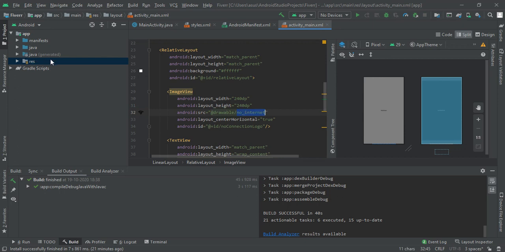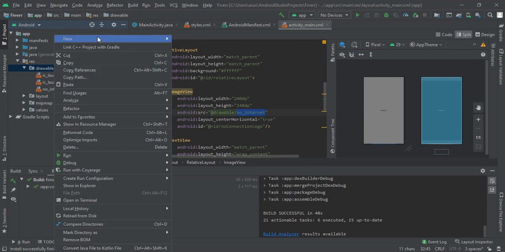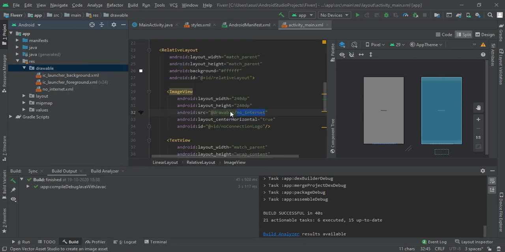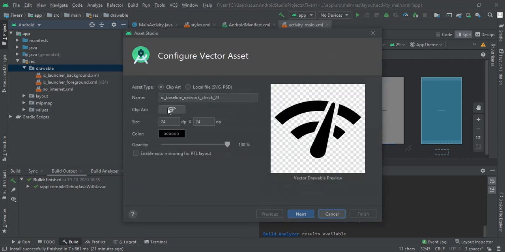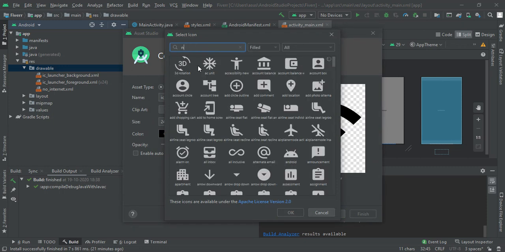And as you know, we can add new images by right clicking on the drawable folder. When we click on drawable, we get the new button, and here you have to search for vector assets. After that click on this small icon and search for network or simply net.